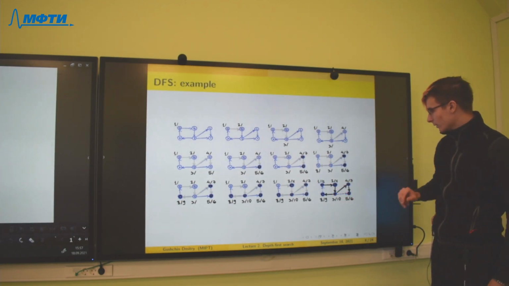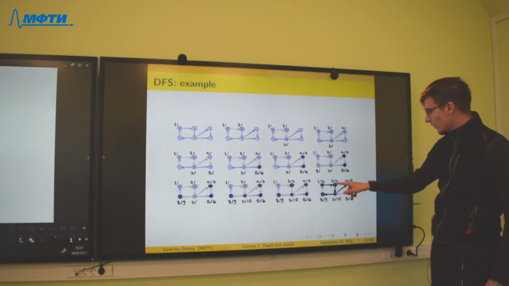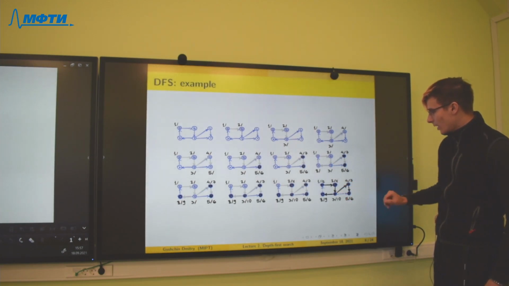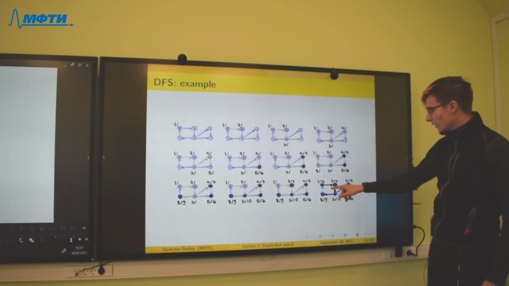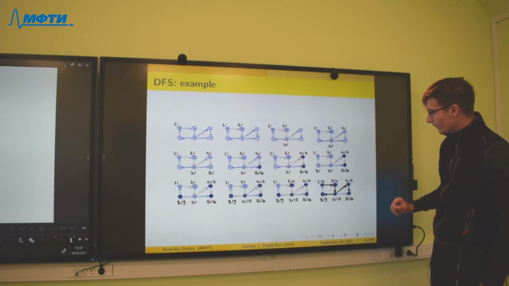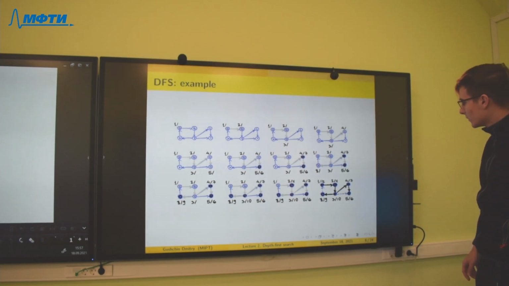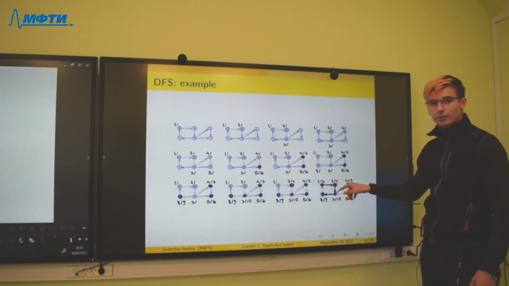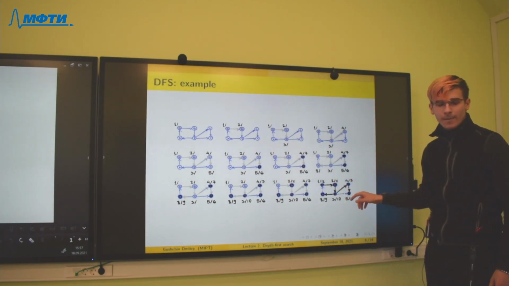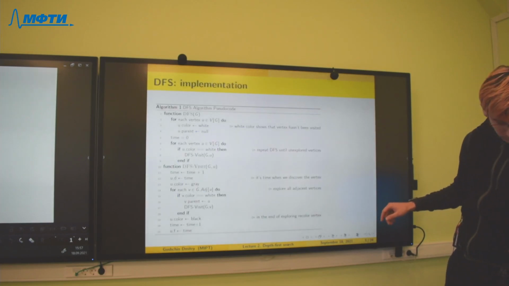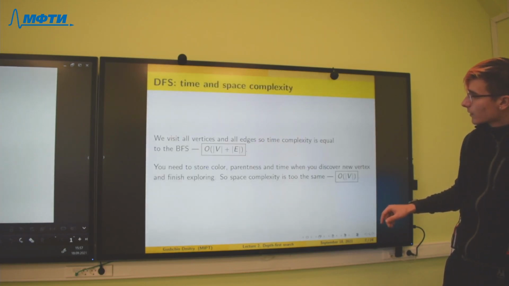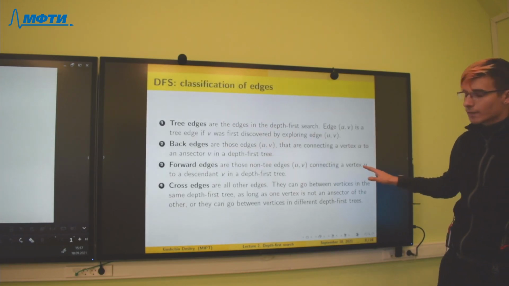It has black edges, and we have edges in the graph that are not in the DFS tree. So there is a classification of edges.